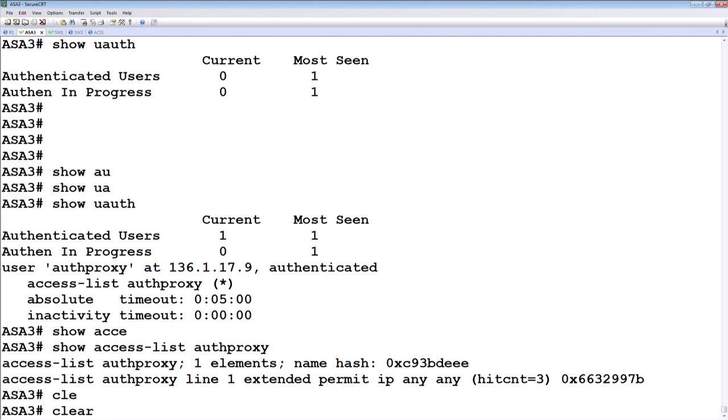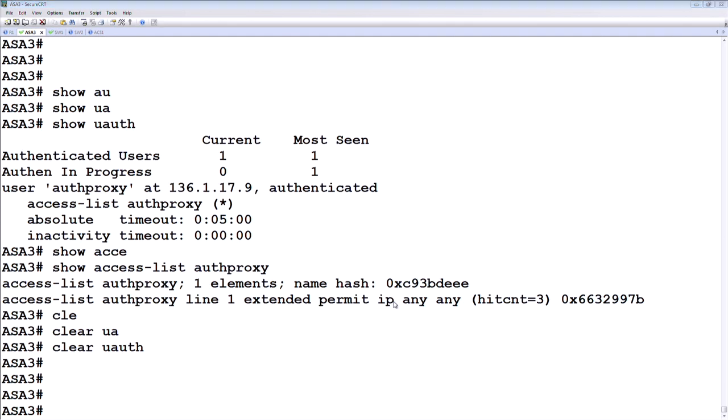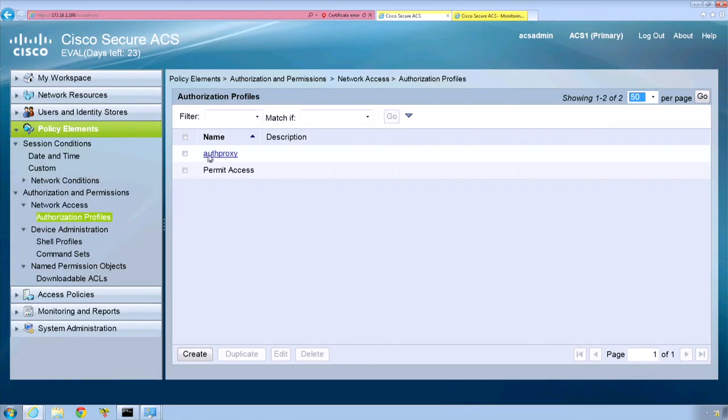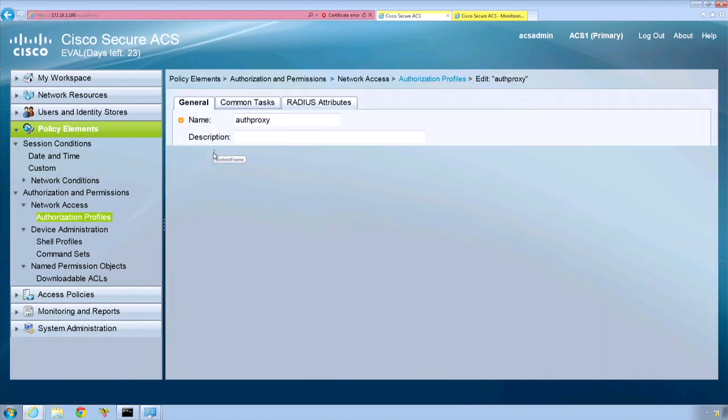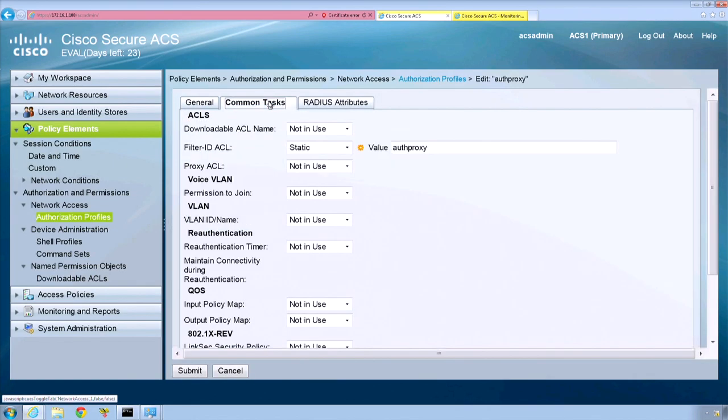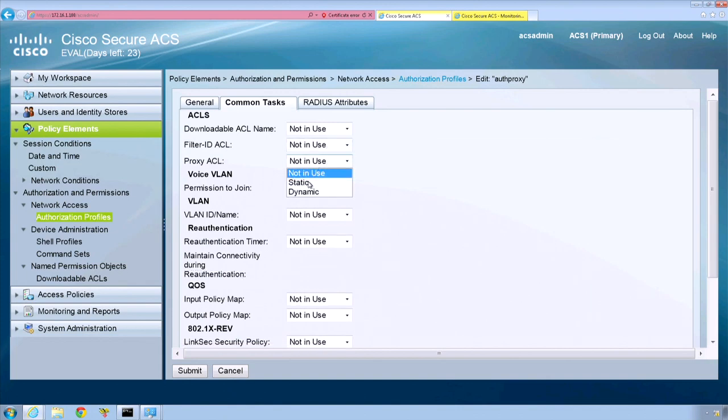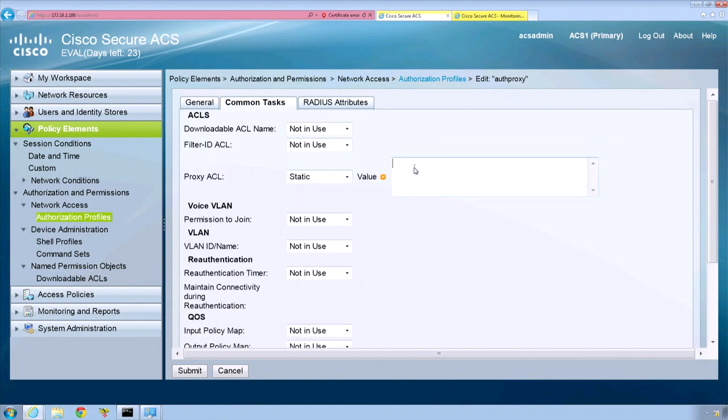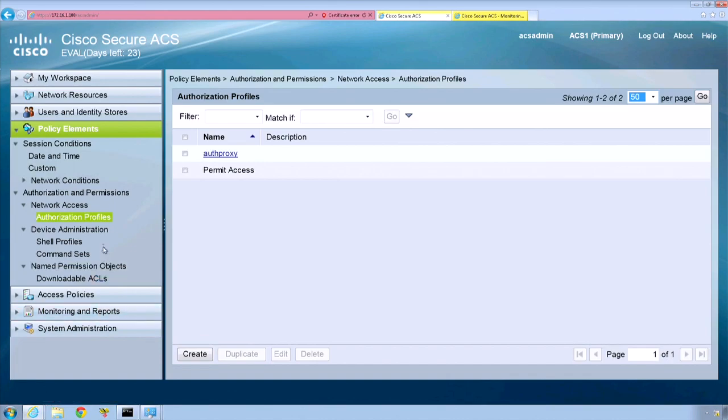Let's say clear UAuth and go on the ACS side and also see the proxy ACL functionality. So go to common tasks and go to, let's say, not in use and proxy ACL static, and we're going to say here again permit IP any. So permit IP any. I'm going to say submit, and now I'm going to go on the ASA,